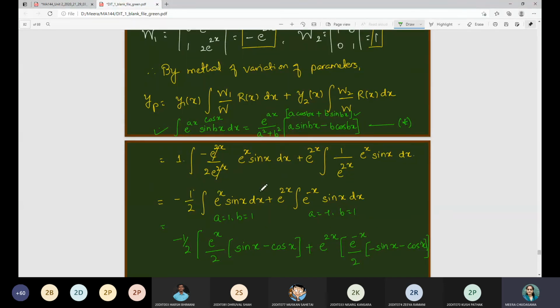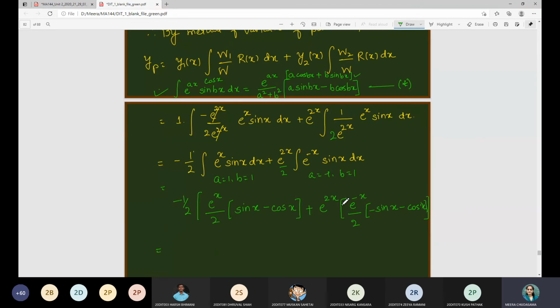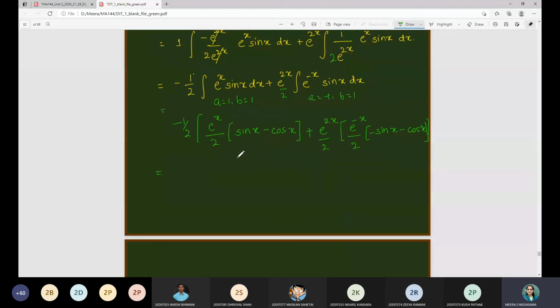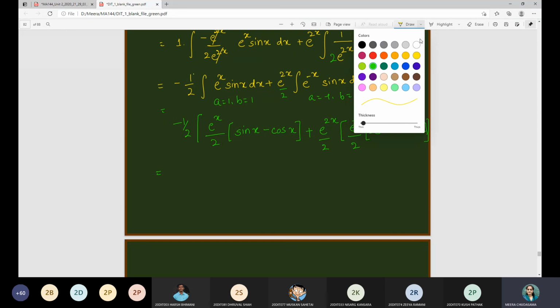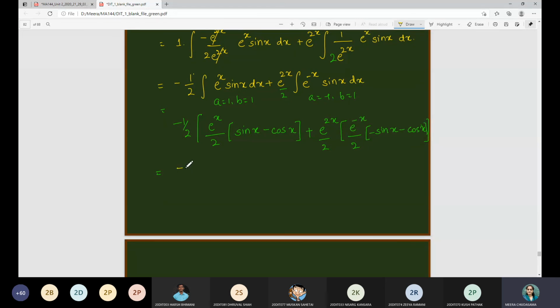So in that case, just a moment, this 1 by 2 is coming from the formula. 1 by 2 will be there in this case also, no? So here also it is by 2. Here also it is by 2. Right? So the simplification will be, now you can see, minus 1 upon 4 e raised to x sin x plus 1 upon 4 e raised to x cos x, plus I will write it in the below line.